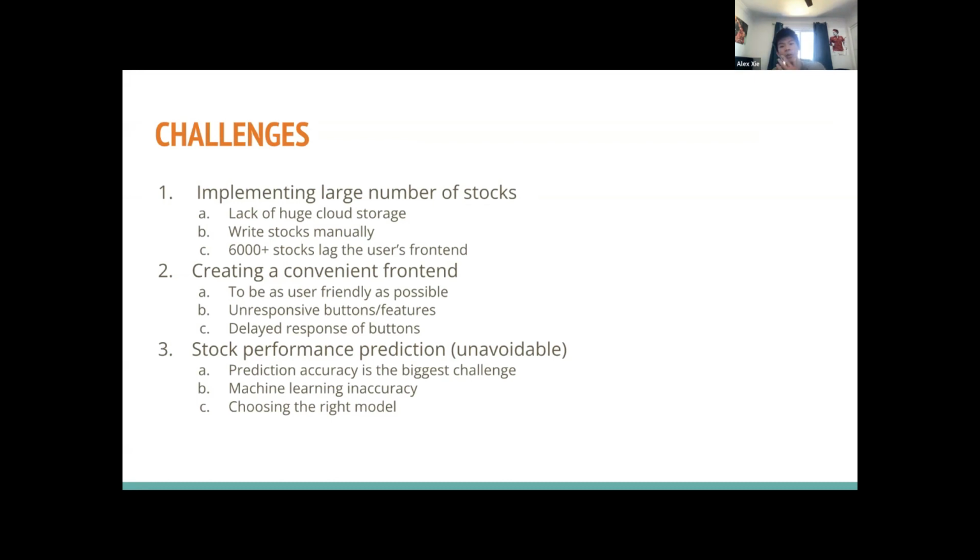And then I actually wrote those stocks manually by hand, which is another challenge that I'm going to have to figure out a way around, because there are also new companies or new stocks joining the market, and it would be better if I can have them automatically written inside of the list. And with those 6,000 stocks, if we put them all in the user's front end, we tried it out, we tested several times, it's really laggy. You pretty much won't be able to do much with 6,000 stocks in the front end. So we had them in the back end.